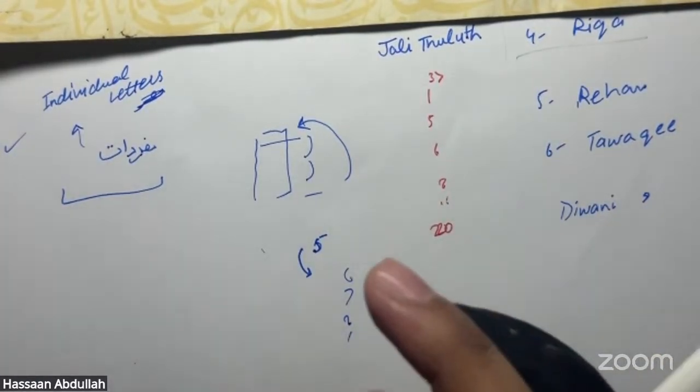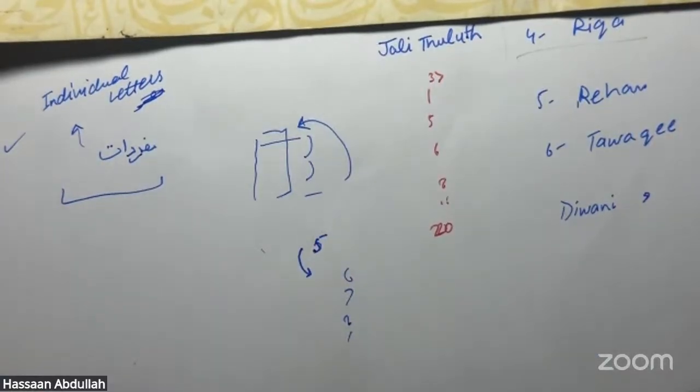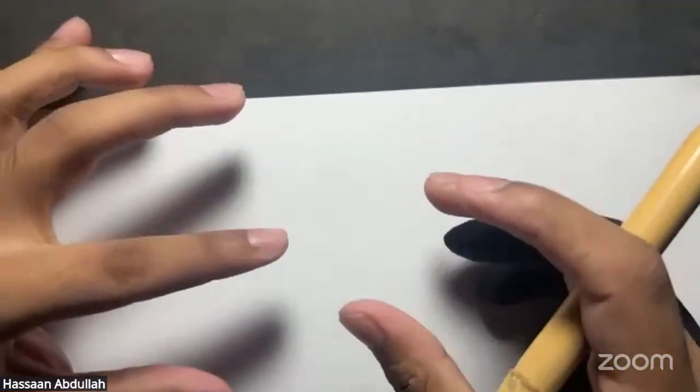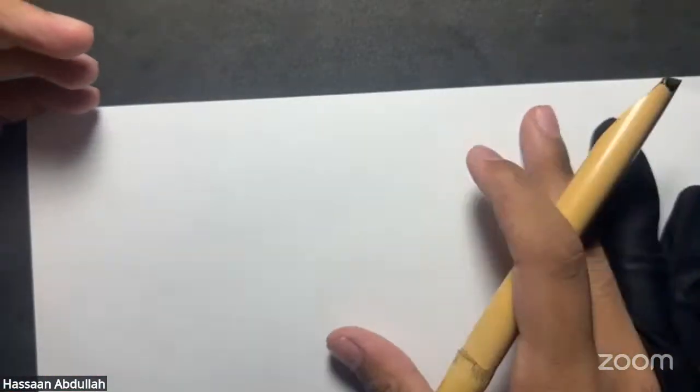Okay, it's better for your learning and your understanding, and you are going to see this in our upcoming classes as well. In calligraphy we use nukta, just like in other things. For example, if we have to measure weight, we have a unit we call kilogram, and if we have to measure some liquid, we measure it in liters. In the same way, in calligraphy,